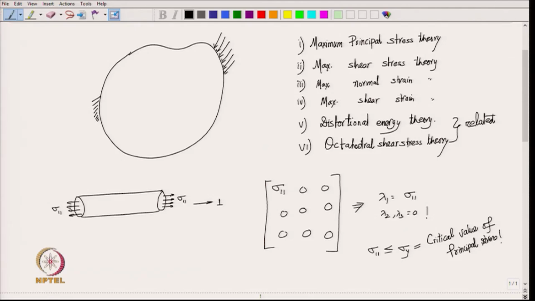Okay. So, for this tension test, sigma 1 is also the max principal stress, but for a general loading of the body, the max principal stress will be lambda 1, right. The tension test here simply gives me the critical limit, which is sigma y in this case. As you keep on increasing sigma 1, at one point we see that it has failed. The point at which it failed gives me the critical value sigma y,